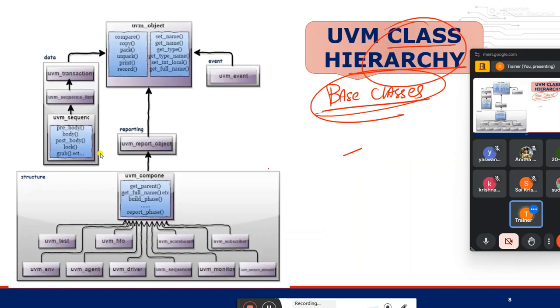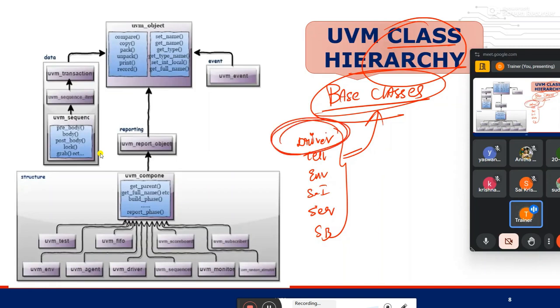In the class hierarchy, for every file, for the driver file, for the test file, for the env file, for the sequence item file, for the generator file, that is the sequence file, for the scoreboard file, for every file there is already a base class, meaning inbuilt methods. In SystemVerilog only for one topic we had inbuilt methods. Now for the complete file itself I have inbuilt methods. I don't call it an inbuilt method here, I call it a base class, which is already written in the subject.